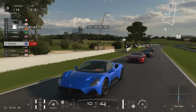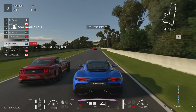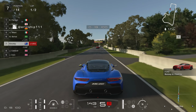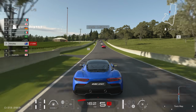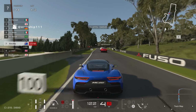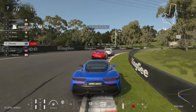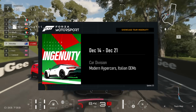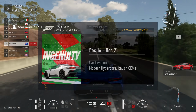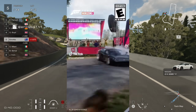Slightly beating the Fiat Uno with 1,866 votes, it's no secret by now that both Playground Games and Turn 10 had plans to feature the Maserati MC20 in both Horizon 5 and Forza Motorsport. However, due to whatever undisclosed licensing issue, the car was never featured. Here is the undeniable evidence supporting the claims, including a complete TikTok that was quickly removed by Forza themselves after